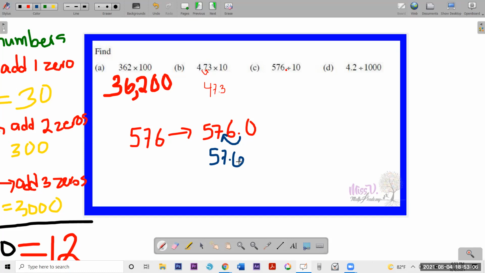So we know 1,000 means 3 jumps. So what would happen if we do 3 jumps? Try it and see. So I'm gonna write the number 4.2. Anybody have an idea? If no, that's okay, we do it together. So let's go. So we know we need to go to the left, but you realize that